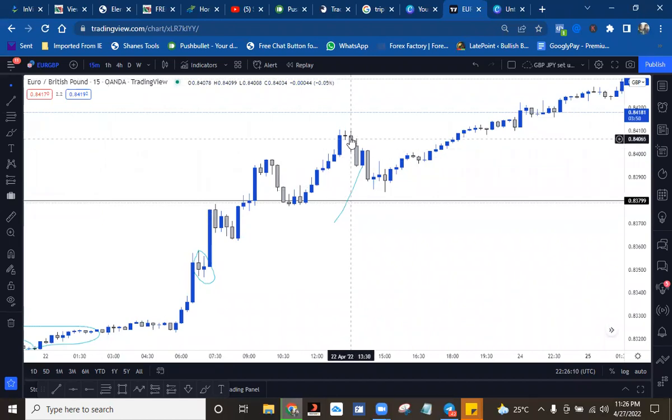For instance, the indecision here formed. The next candle that formed was a bearish candlestick, not an indecision. So when you see two indecisions forming, stay off it for the meantime, because it means the market is still indecisive. But when you see it form and the next candlestick that formed was bearish or bullish, depending on the market context, which means